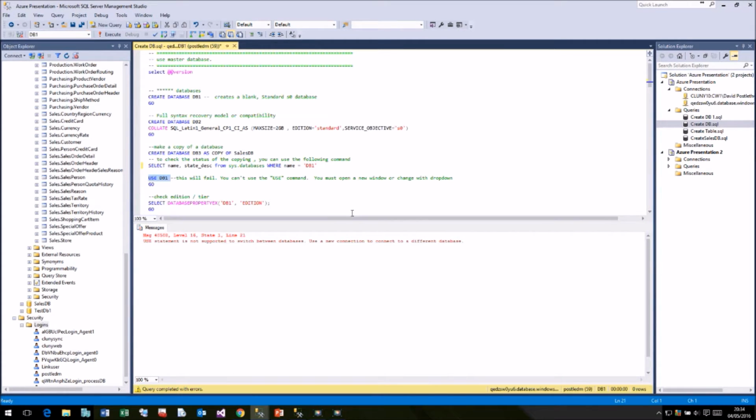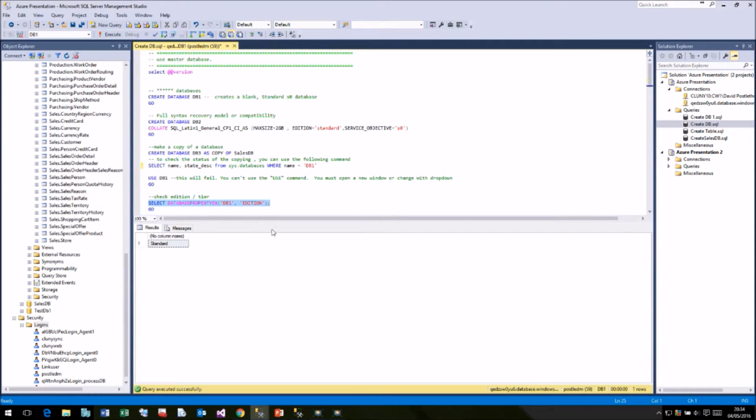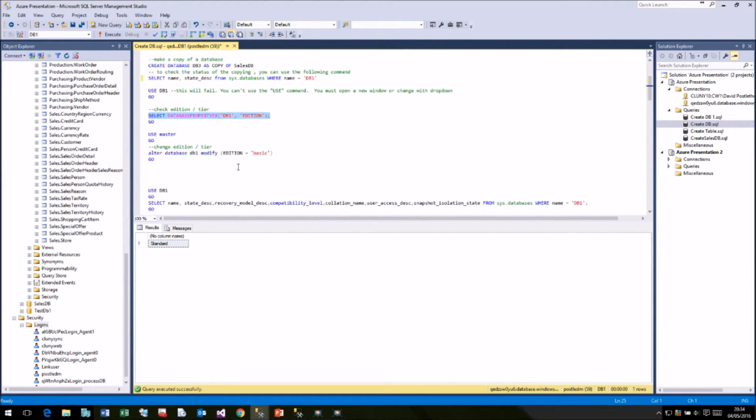So if we go to DB1, we can now select the database property, and we get the addition, which is the standard addition, as we mentioned before. If I go back to master, and this is a bit of a pain that once you've moved away from master, you cannot get the drop-down to work. I could change that database very quickly if I decided I don't need as much power as a standard database gives us. I can get away with the basic just by running modify and modify the addition, and it's done it. So let's go back to DB1 again,